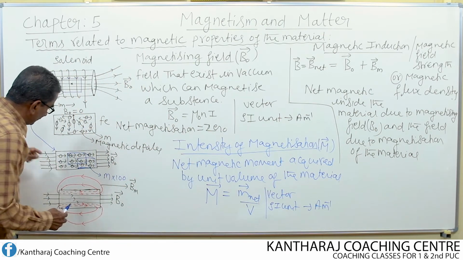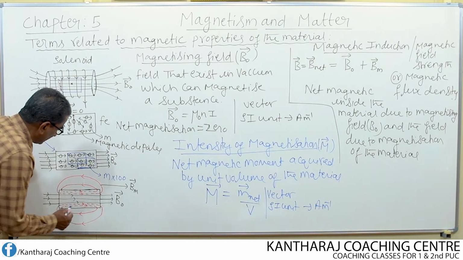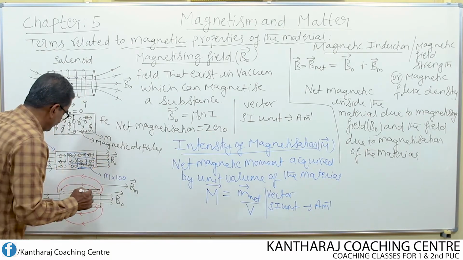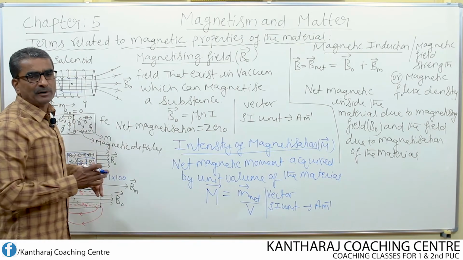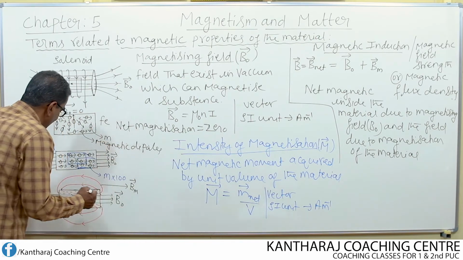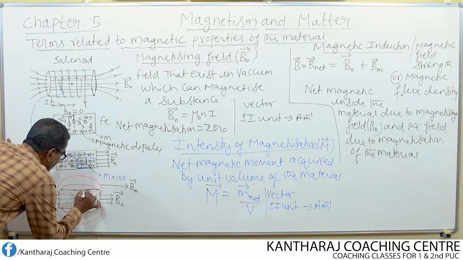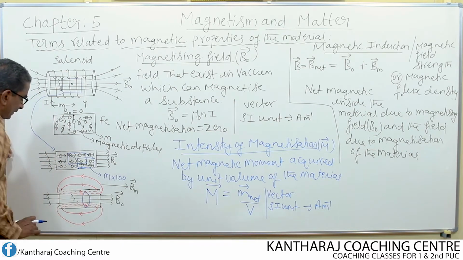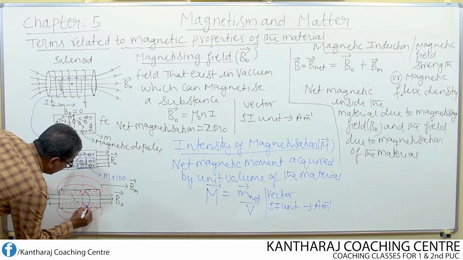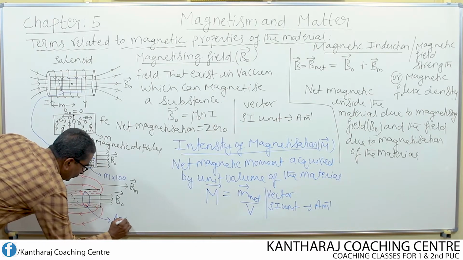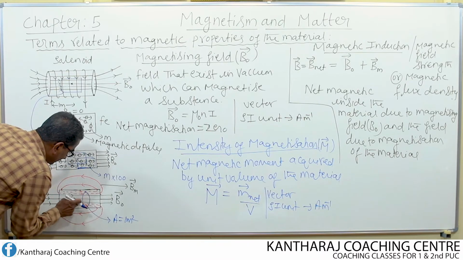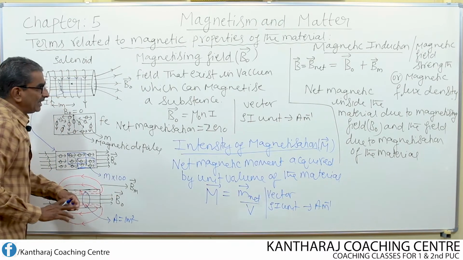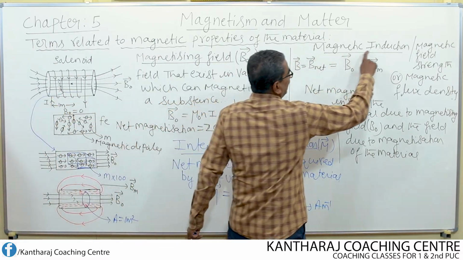What does that mean? Now inside this material or inside this specimen, if I just consider one unit area of any shape, either circular shape or rectangular shape or square shape. As an example, I consider a unit area like this. Okay. Now this is unit area, means A equal to 1 meter square. Through this unit area, how many magnetic lines of force pass? That is also known as magnetic induction.